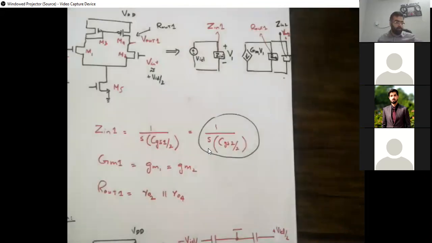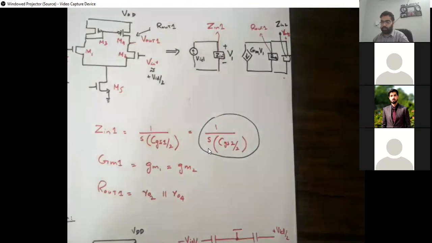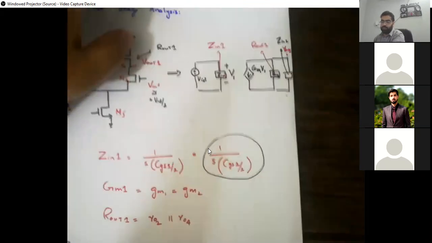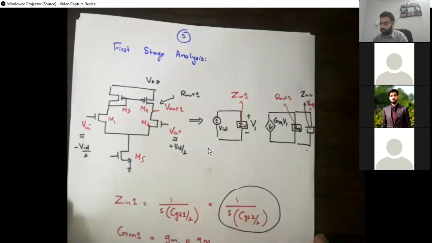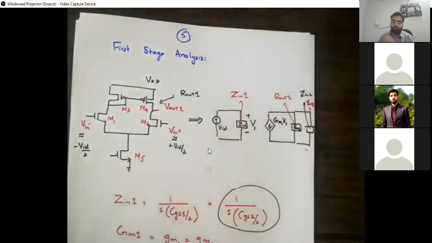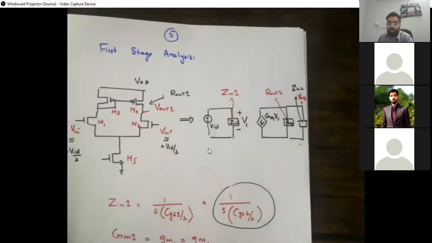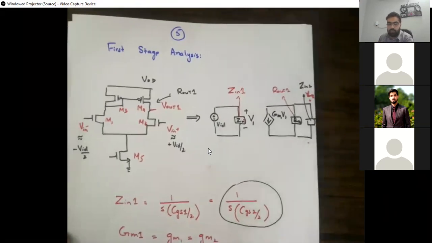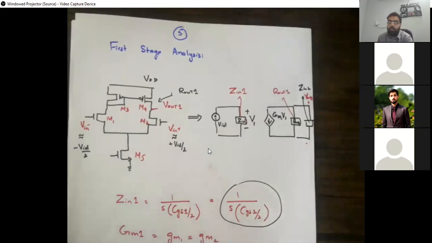So let's start by analyzing the first stage. So अगर हम first stage को analyze करना start करें, what I just did, I drew only the first stage. I removed the current mirror and I removed the second stage to see and to draw the plots. Okay. And now we are interested at this moment in the differential gain. We are not interested in the common mode initially, क्योंकि हम लोगों ने बात की थी कि we are interested in open loop configuration first, and open loop configuration के लिए हमें DC gain चाहिए, and DC gain is going to come from the differential gain.